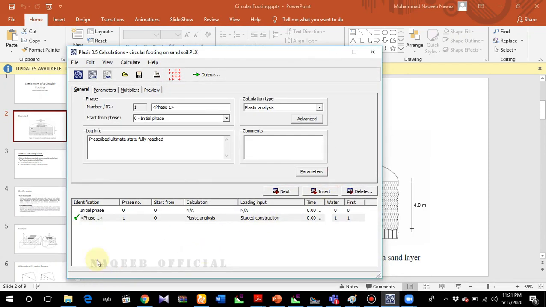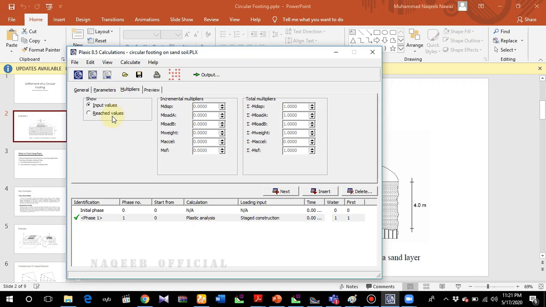Okay, now prescribed ultimate state has been fully reached. Now go to the multipliers and check the reached value. By clicking over here, you can see the force, minus sign downward, 177.38. That has to be multiplied by 2 pi because it is kilonewton per radian. So if we multiply it by 2 pi due to the axisymmetry, we'll obtain the force in kilonewton. Let's say